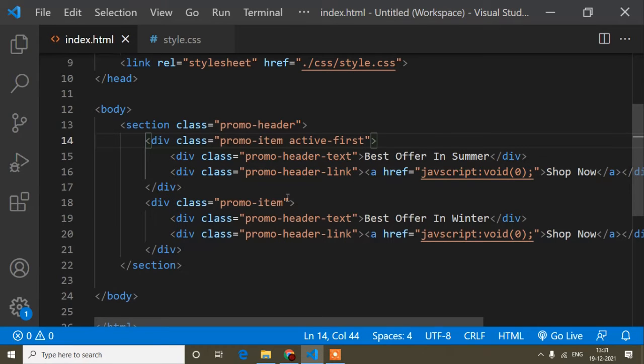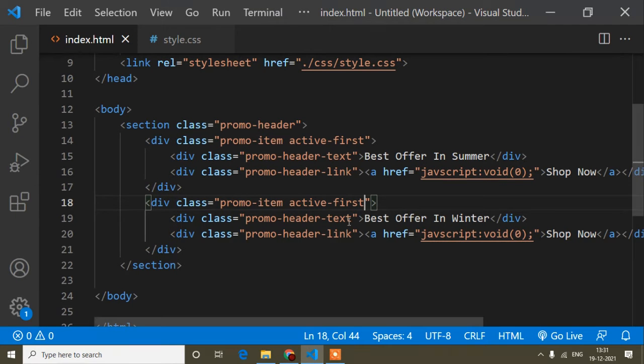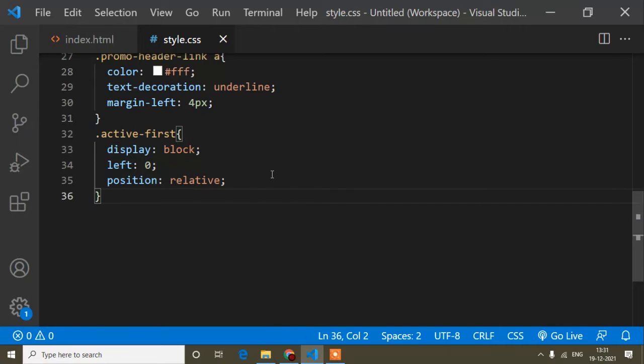If I add this class here also, you will notice the second slider is also showing, but I don't need that. I need to show only the first slider first of all, so that's why I will add it here only. Okay, so this is done. And now guys, here I will add some CSS for the JavaScript part, for the animation part also.